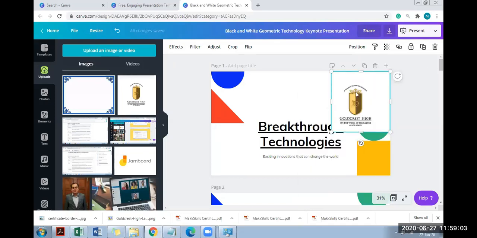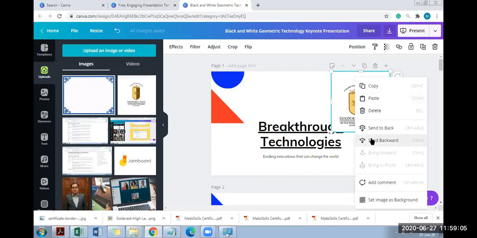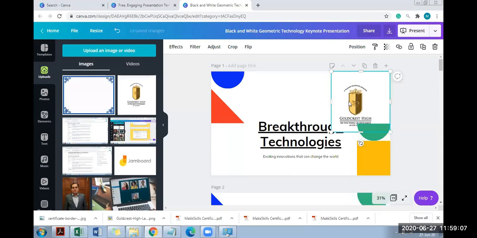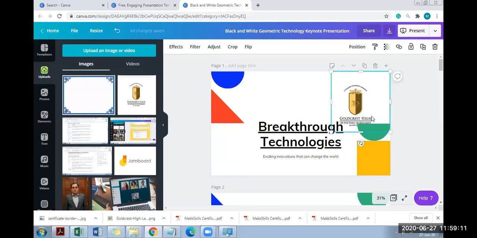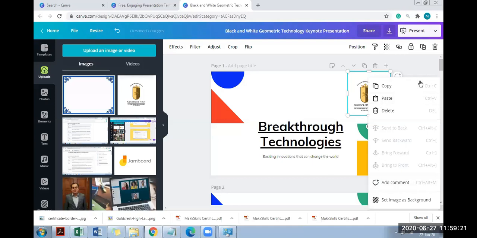Right click on this and say send to backward. Again, right click on it and say send to backward. So I'm basically saying you can take this element behind. It doesn't matter if it's coming ahead, right? So now it's not going to do what it was doing earlier. If I right click and I say bring to forward,